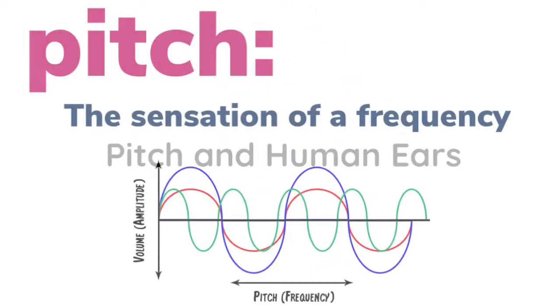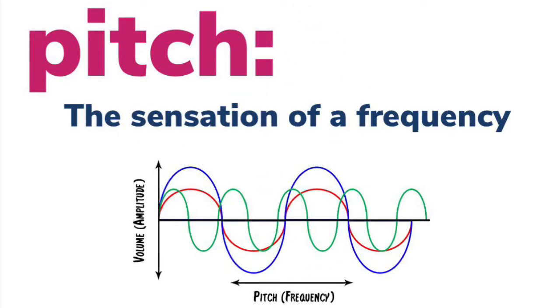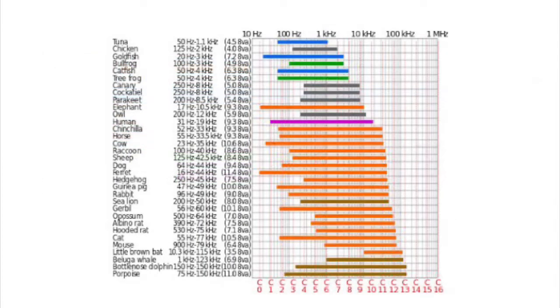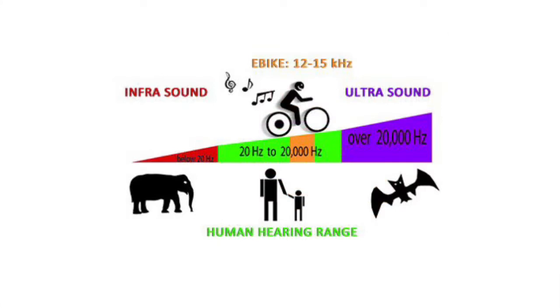The sensation of a frequency is commonly referred to as the pitch of a sound. As we said, humans can detect and process many sounds, but there are also sounds that humans cannot hear. A person can hear sounds between 20 Hz and 20,000 Hz. Dogs, on the other hand, can hear sounds between 50 Hz and 45,000 Hz. There are also other examples of animals that can hear much higher sounds. Any lower frequency that can't be heard by humans is called infrasound. Any higher frequency that can't be heard by humans is called ultrasound.